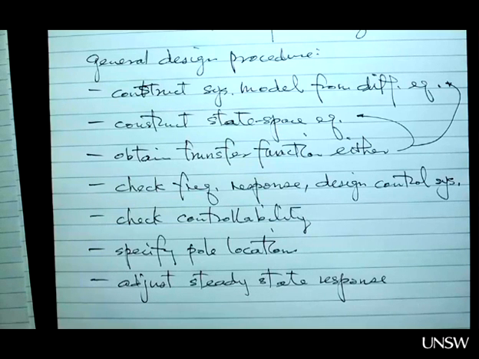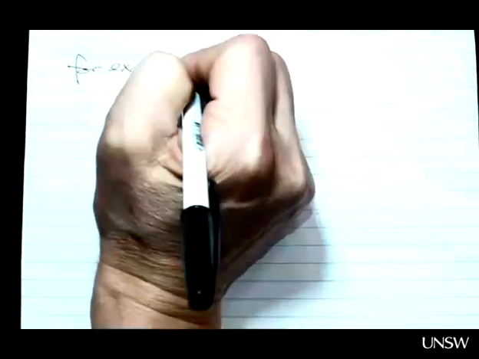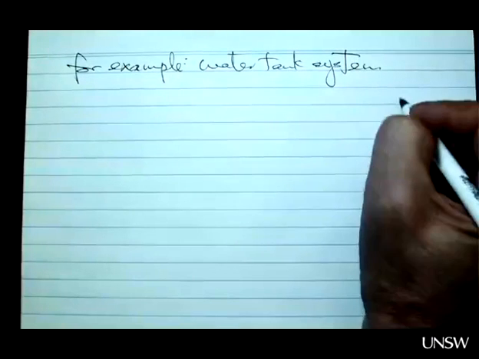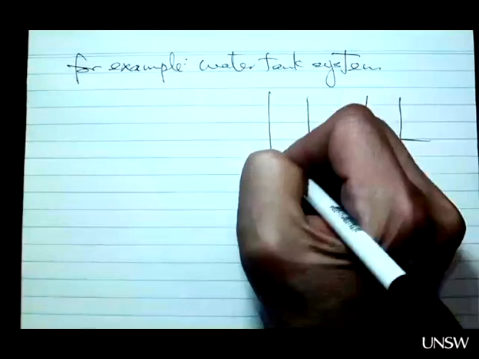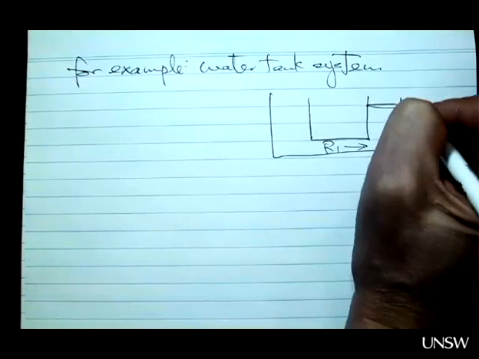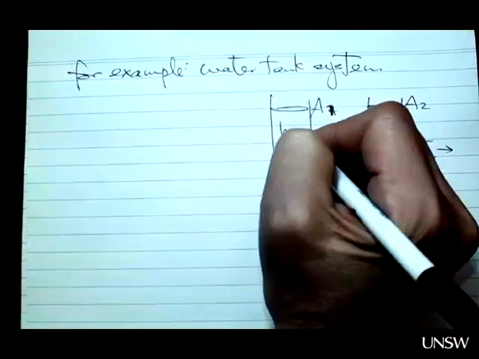So if okay, then let us start. So for example, if we have a water tank system, so we have the resistance of the outlet, and then the resistance between the tanks, the cross-sectional area, the height of the water level, this A1 and then H1, and then the inlet flow rate,